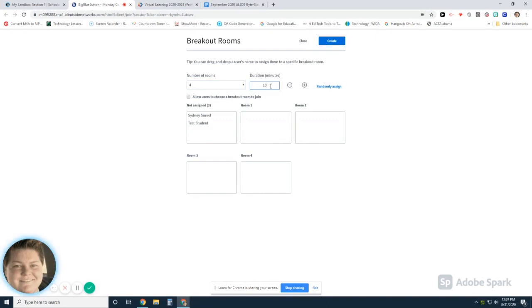Now what I will say about this, the breakout rooms do not record, and you cannot be in all of them at the same time to monitor. So this may or may not be the best thing for you to use, but it is there as an option. So I could create my breakout rooms and I could randomly assign, but I only have 1 student in,